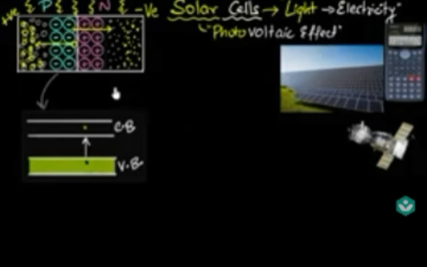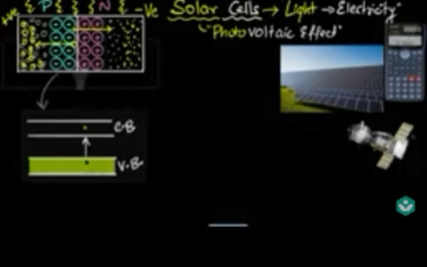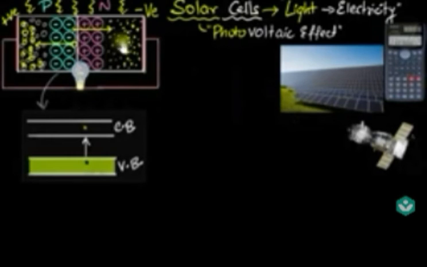Now what would happen if we add metallic contacts here and connect a device across it, say a bulb? Well, then these electrons repel each other and immediately start flowing through the circuit, through the bulb, and recombine with the holes. The electrons will continuously recombine with the holes, and as that happens, more electron hole pairs are generated and holes get accumulated here. So notice there will be a continuous and constant current supplied, and the bulb will glow. And notice the circuit does not have a battery. The p-n junction itself acts like a battery, and that's why it's called a solar cell.